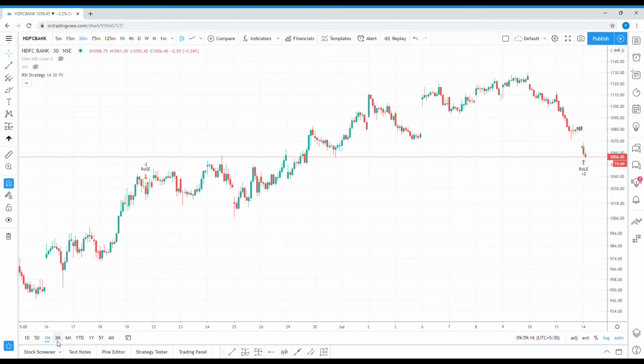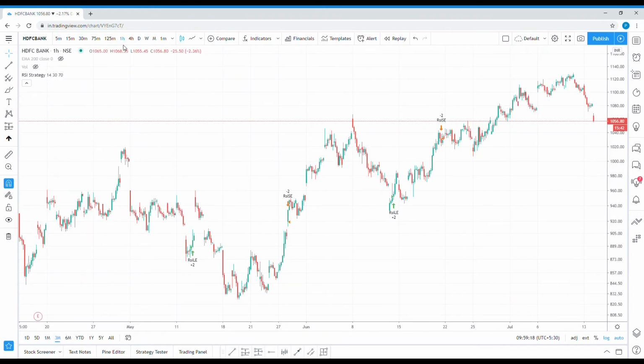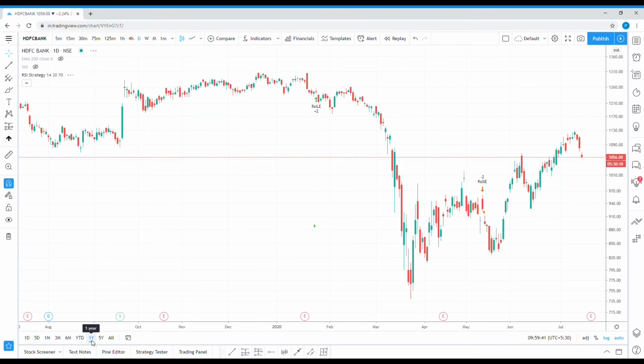If I go in the 3 month, they have changed the candle to 1 hour, because again in 3 months there are so many price movements, so they cannot cover that in one screen with the 5-minute candle or the 30-minute candle. So what they have done, they have chosen the 1 hour time interval candle. So if I go on 1 year, they have chosen automatically day. So each candle now represents a day.